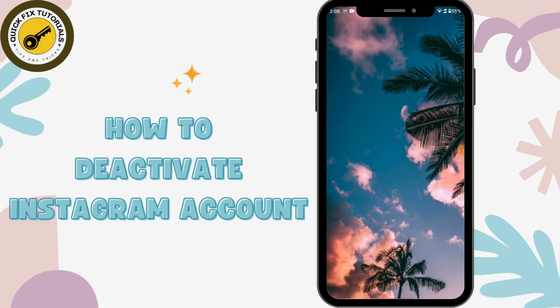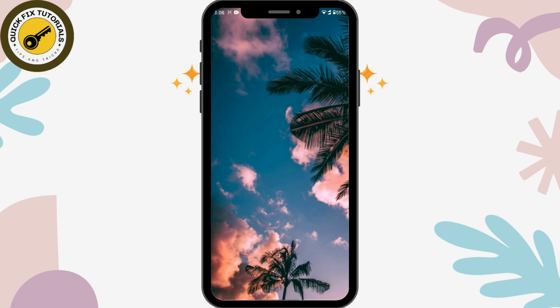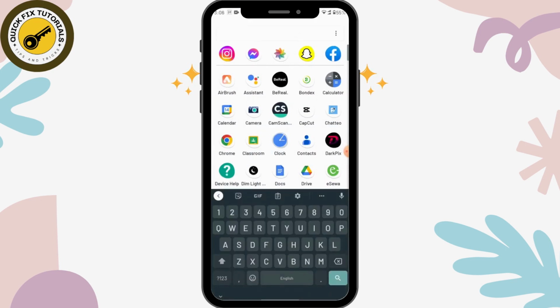How to deactivate Instagram account. So if you want to deactivate your Instagram account, then all you have to do is open up your Instagram app,